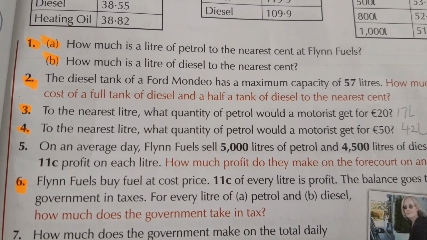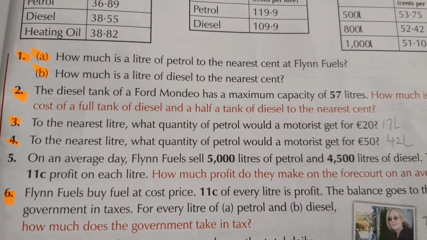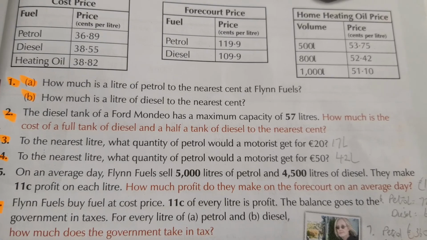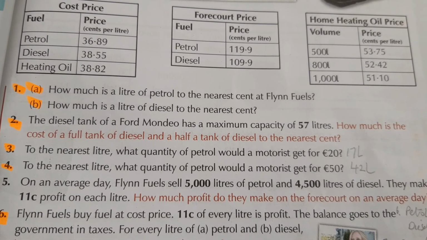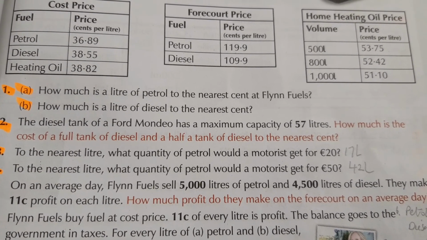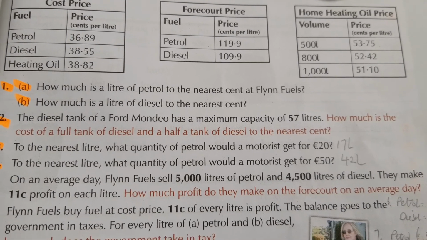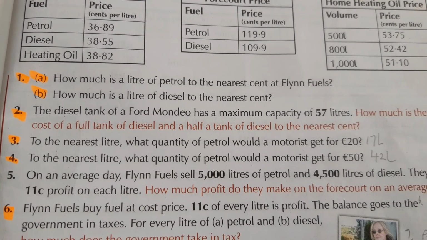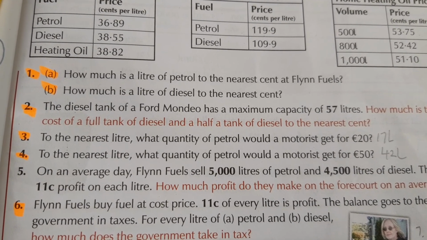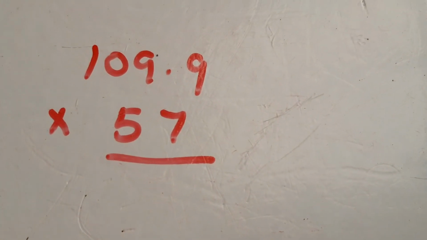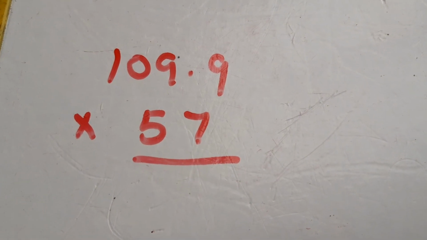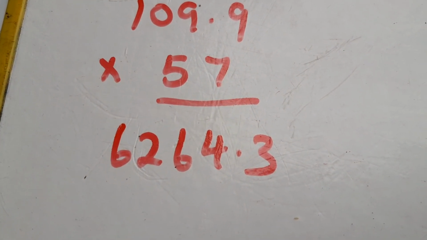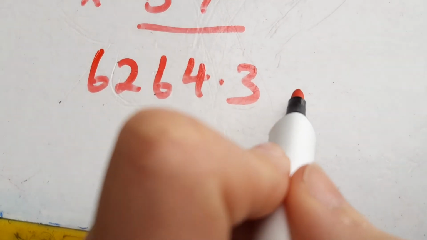So number 2, the diesel tank of a Ford Mondeo has a maximum capacity of 57 litres. How much is the cost of a full tank of diesel and a half a tank of diesel to the nearest cent? So for that one, it's a diesel car, so you're looking at the diesel price, which is 109.9, and you're multiplying that by 57. So just write it out for multiplying and do your multiplying the same way you always do. So if you multiplied it, you should have got 6264.3, but remember that's in cent